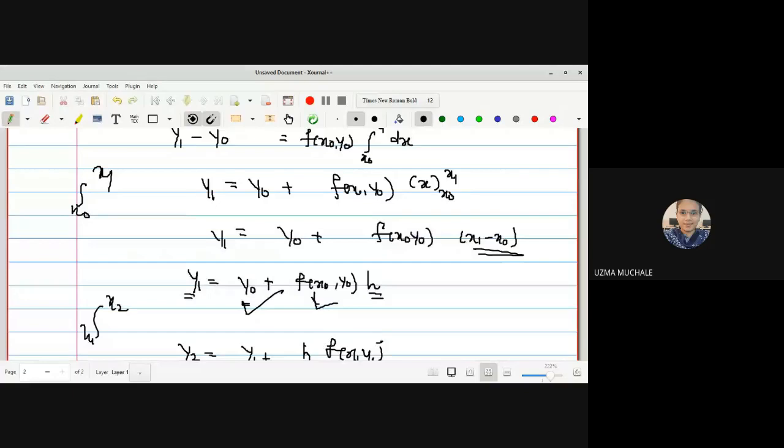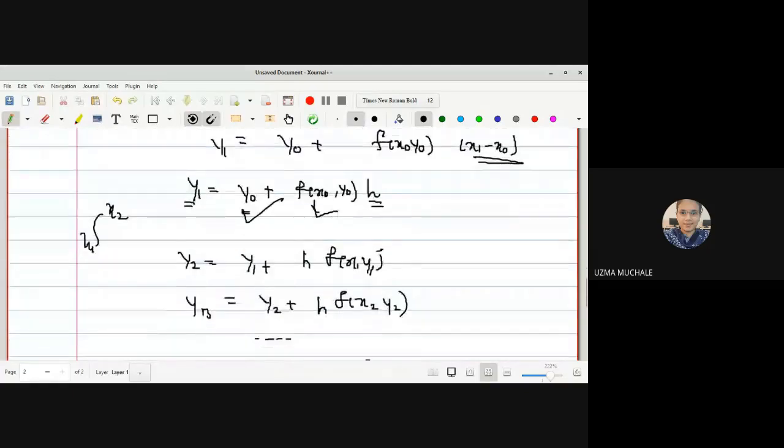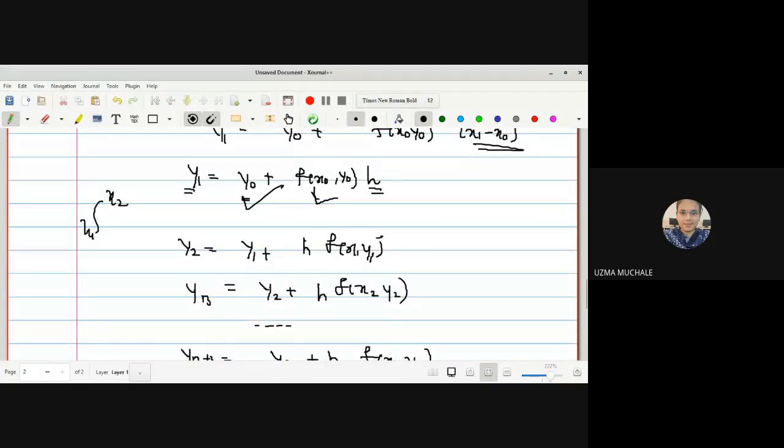So this is the approximation method we have already used in our differential equation. Similarly, we can find y2 with the help of y1, and in this way we have to proceed. In this very similar way, we have to solve the examples also. So in general, we can write yn plus 1 is equal to yn plus h into f of x and y. Okay. Is there any doubt?